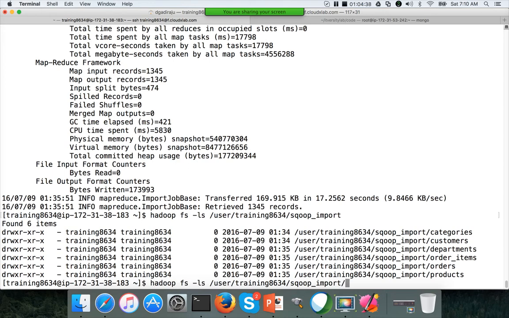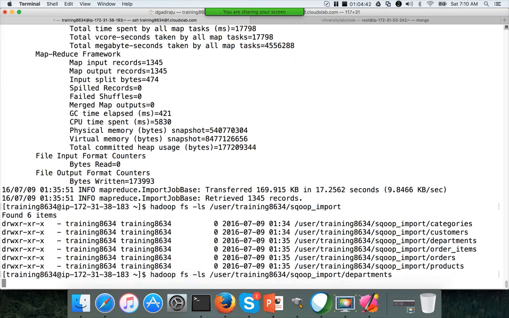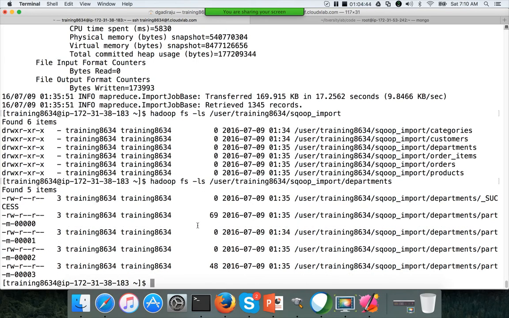And then if you check departments here, there will be n number of files, and that n comes from the number of mappers. In our case, number of mappers is 4, which is default also. Even if you do not specify -m 4 or --num-mappers 4, still it will use 4 mappers, and you will see 4 files for each of the tables.